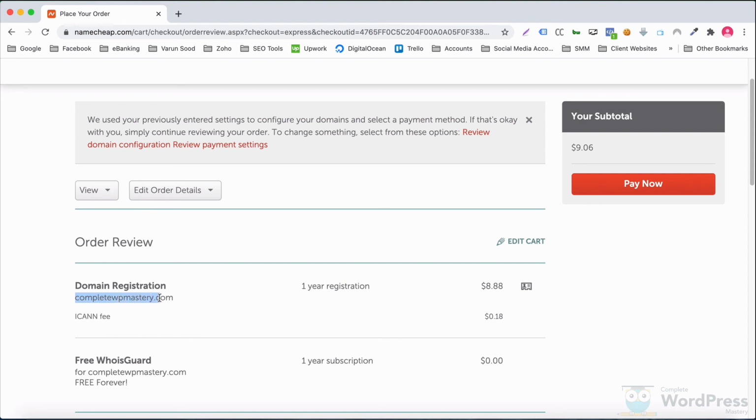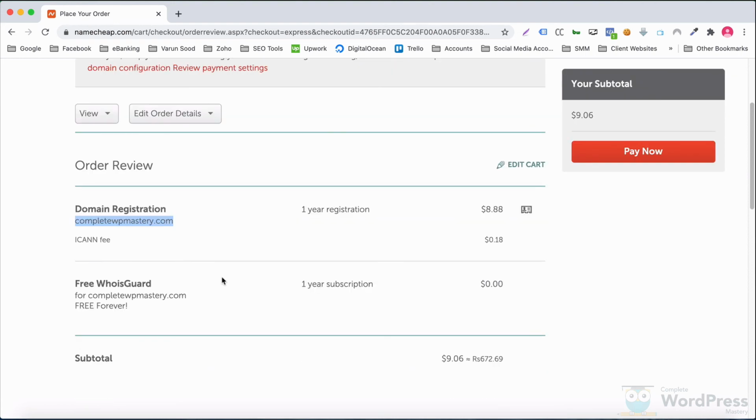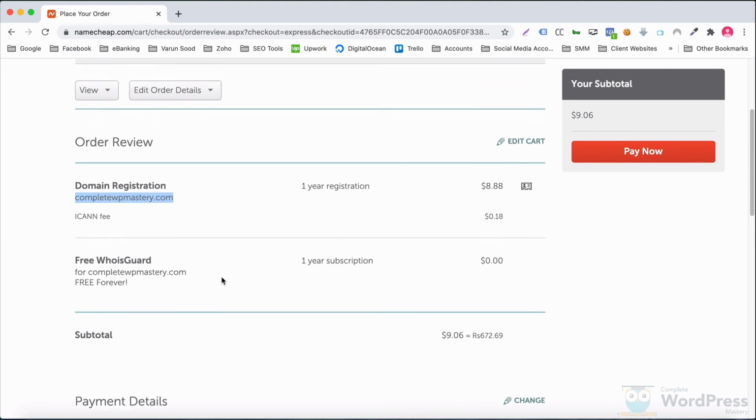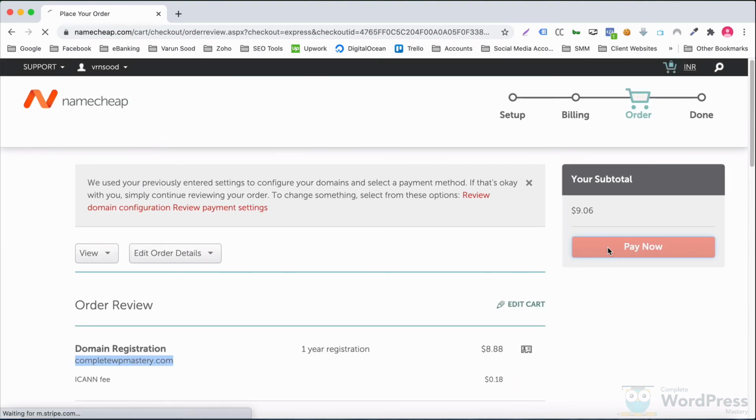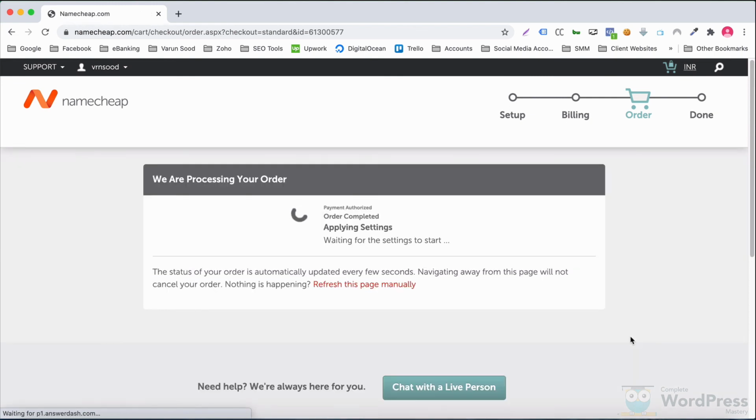Complete wpmastery.com, and click on pay now. Buying a domain name is a very simple process and does not normally take more than 5 to 10 minutes, depending on your payment method and whether or not you are able to find the domain name you're looking for.